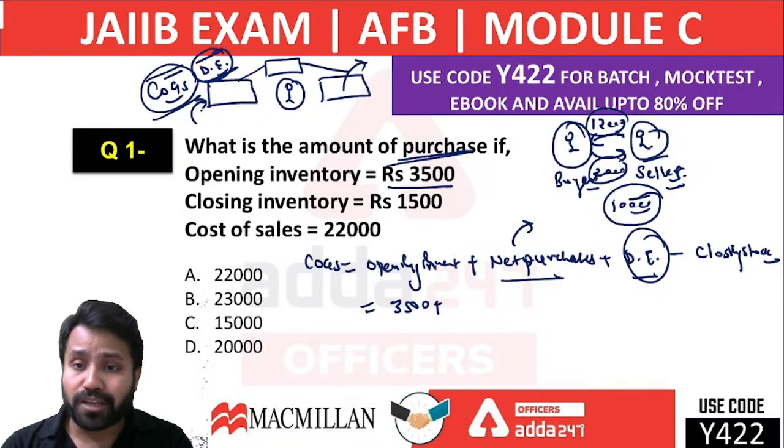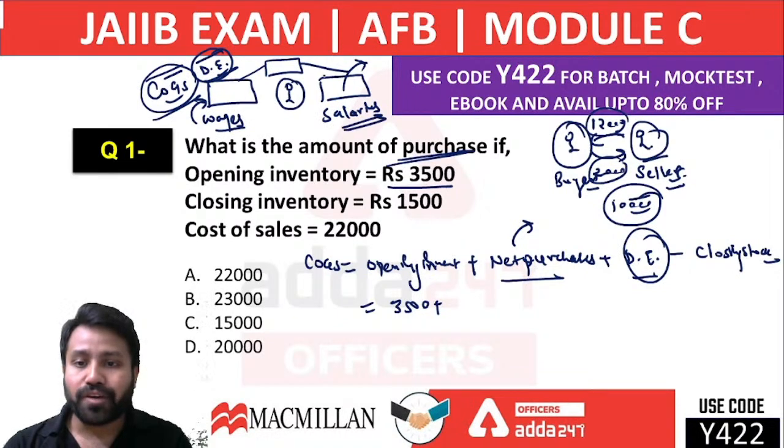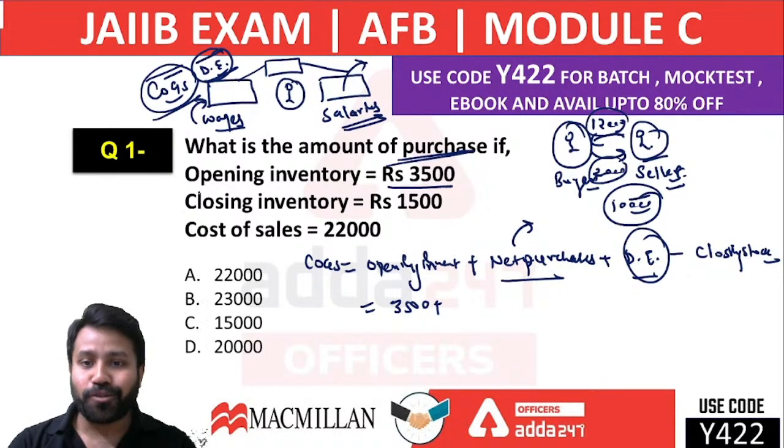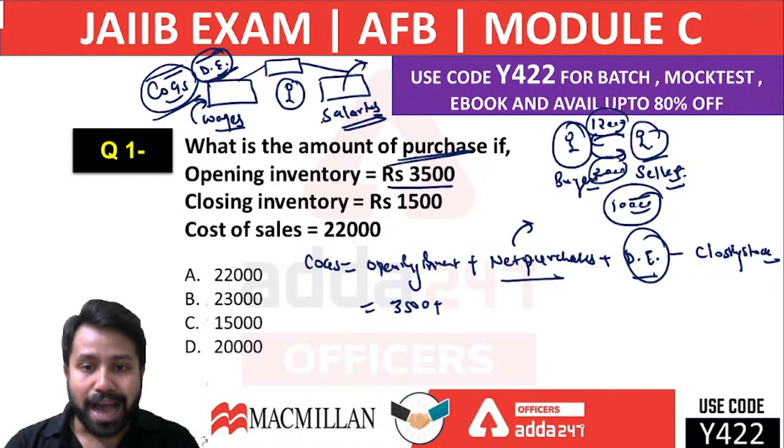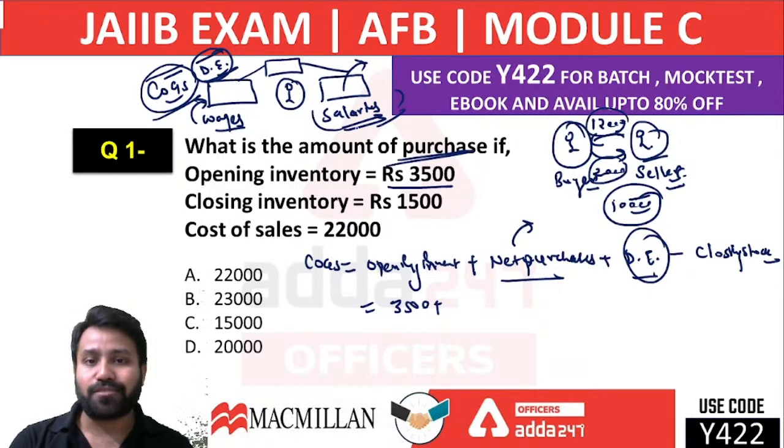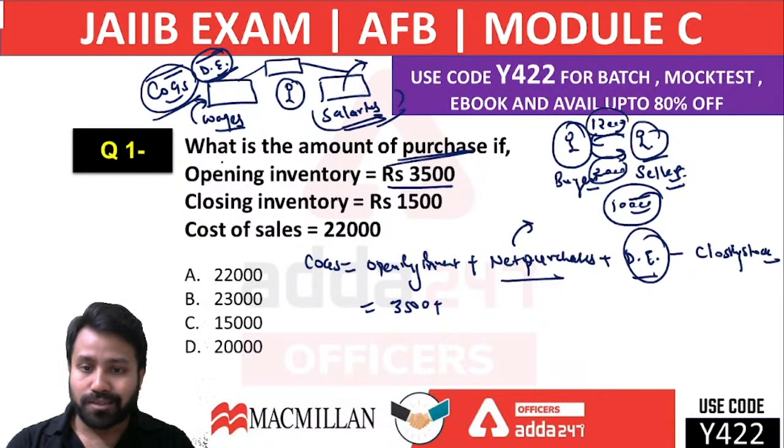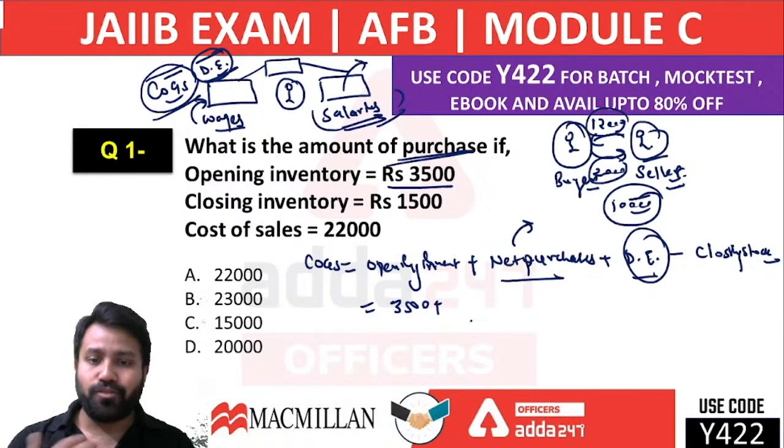expenses. A very good example of this is wages and salaries. Whenever we're talking about wages, that is related to your company's direct expenses, and salaries are indirect expenses. Now you can understand what we include in the direct expenses. Now you only need to apply the data here, like the opening inventory that is